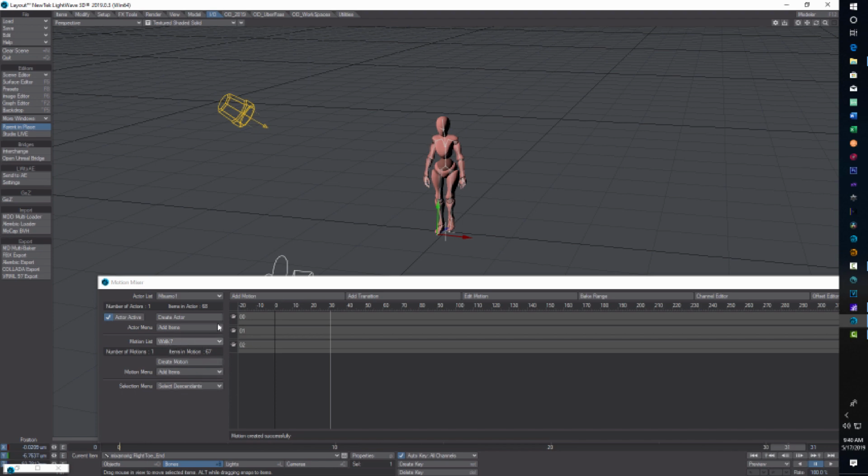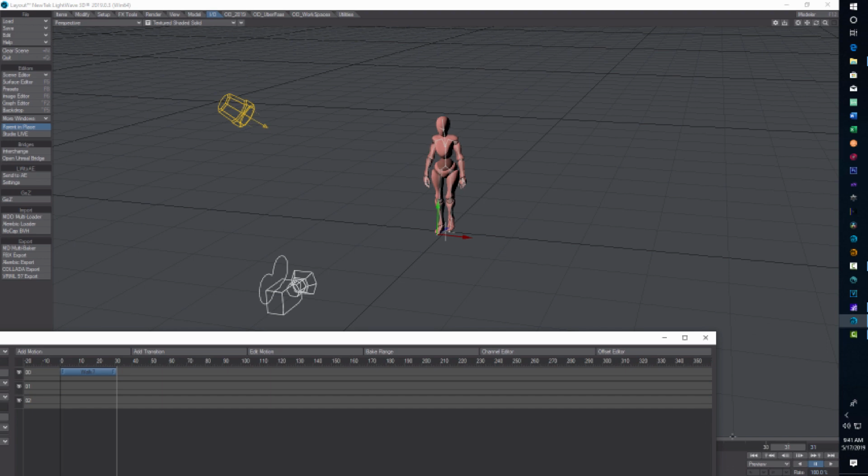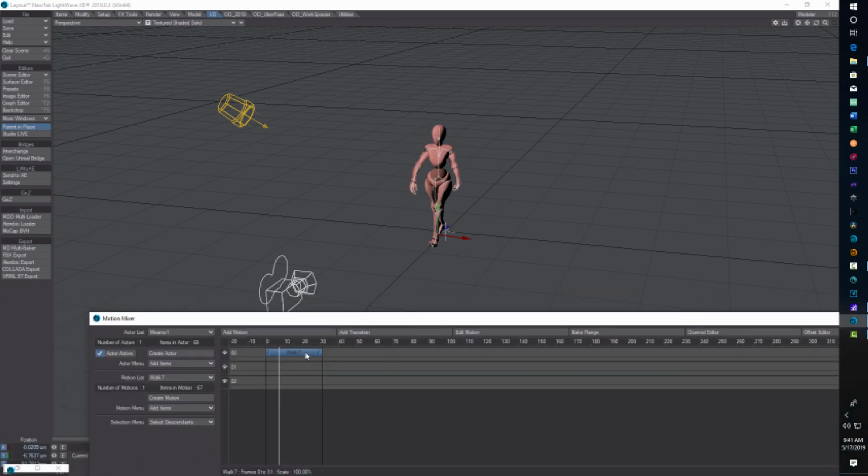And it's over here, walk 7. So now we have a motion clip created. And now if I go click here and add motion, I can just click and add the motion right there. Now if I hit play, oops, let me move this back, hit play. Of course, she's not walking that far, right? So what we can do to extend that distance